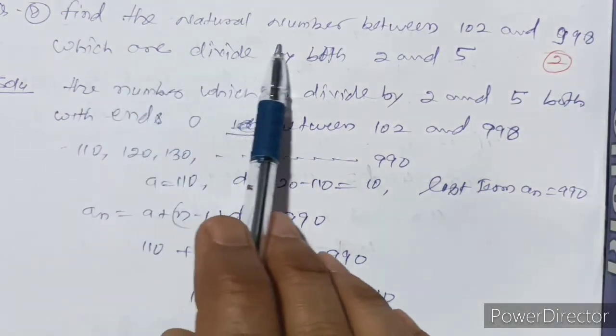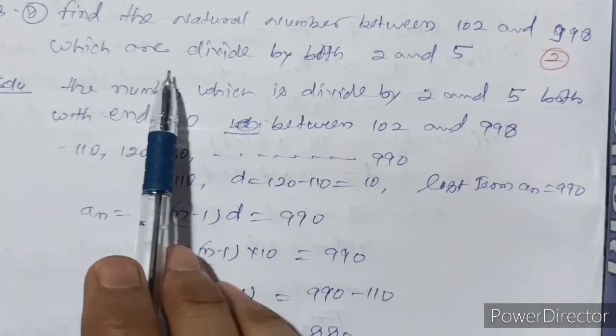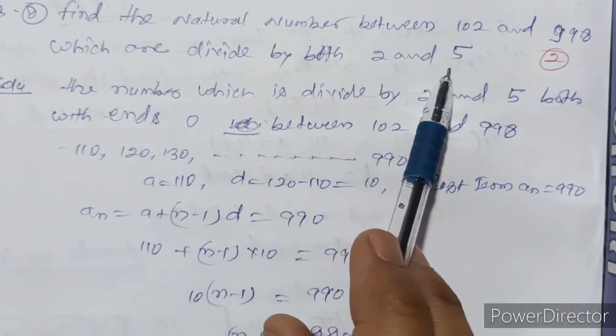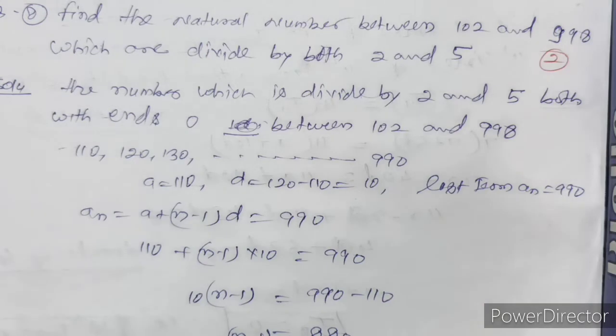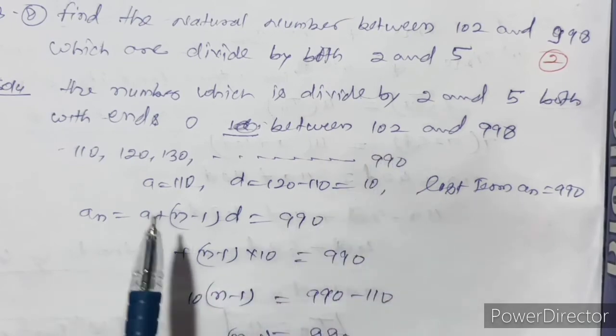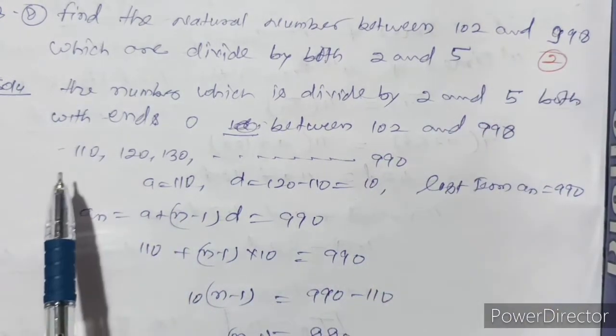Question number 8. Find the natural numbers between 102 and 998 which are divisible by both 2 and 5. जब 2 और 5 दोनों से डिवाइड करना, that means 2 and 5 का मल्टीपल अर्थात 10 से डिवाइड करना है. 10 से डिवाइड करने के लिए the last digit will be 0. So 10 से डिवाइड वाले नंबर्स कौन कौन से हो जाएंगे, 102 के और इसके बीच में कितने हो जाएंगे,